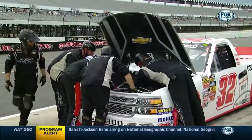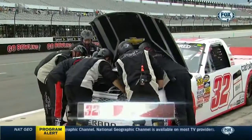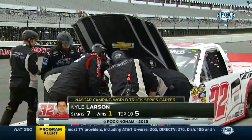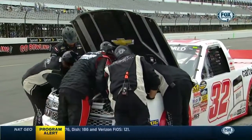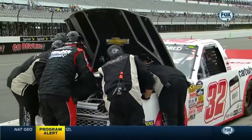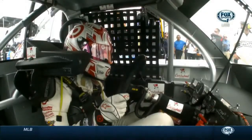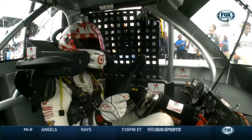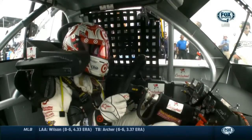Well, if they could find a bad plug wire or something like that, he's going to lose a lot of track position. We have 22 trucks that'll be on the lead lap for this restart. It's going to be fun to watch him go through the field, even if they don't fix the problem. He's faster than a lot of these trucks, but if they fix the problem, he'll be on a mission for these last 10 laps or so. But the only hope they have, Phil, is to find a bad spark plug wire. Yeah. Find a cylinder that's dead and see if it's the wire or take the plug out, see if the plug